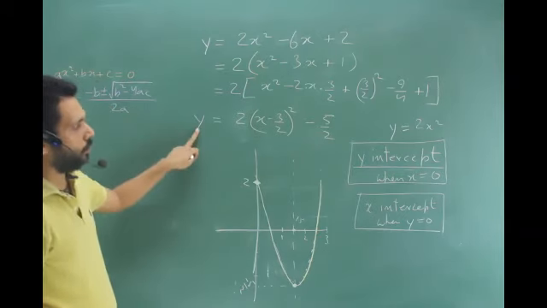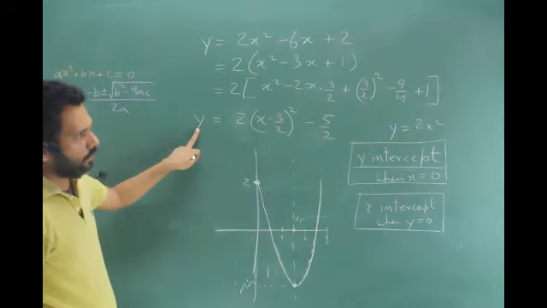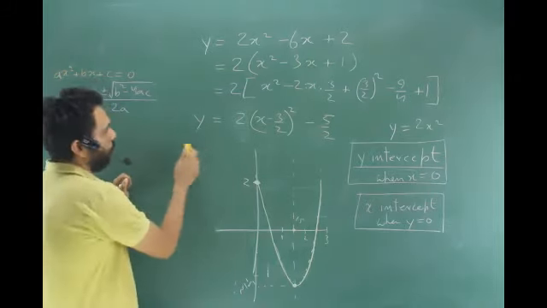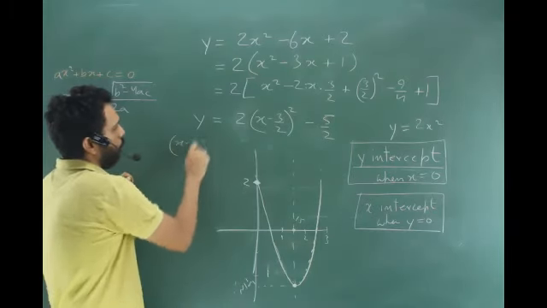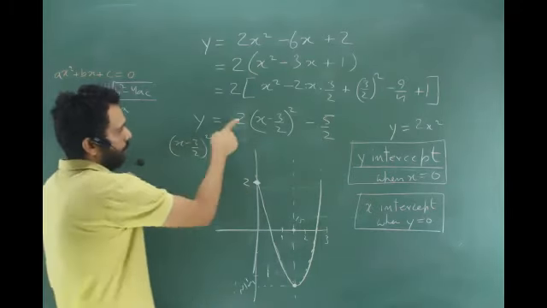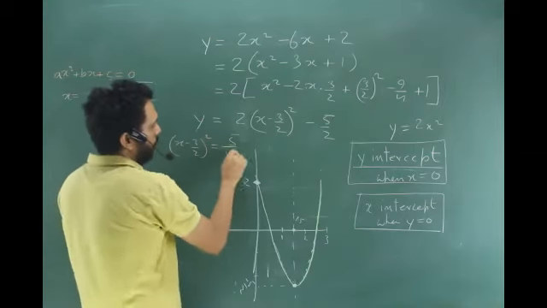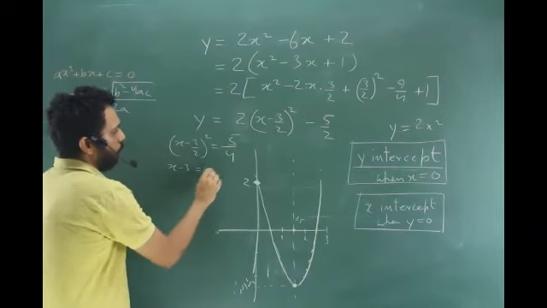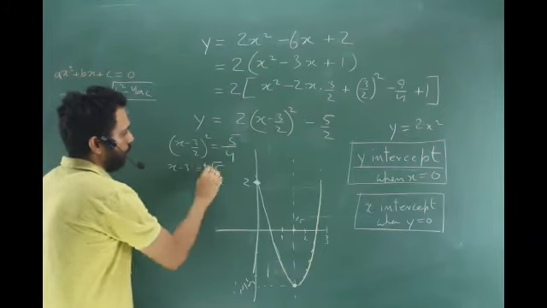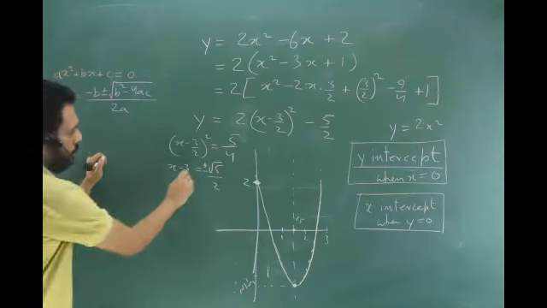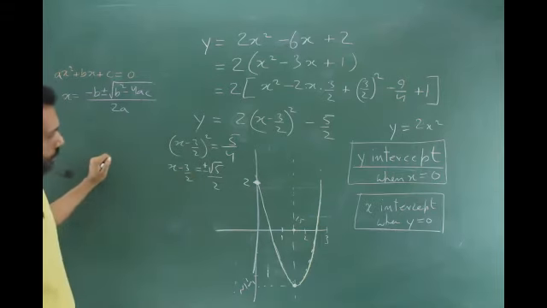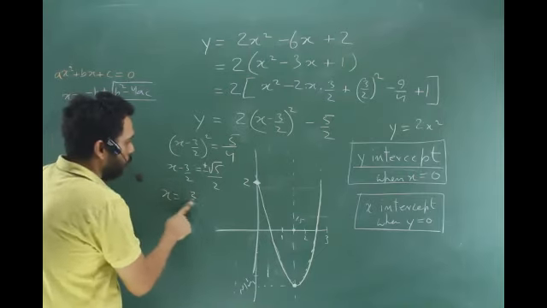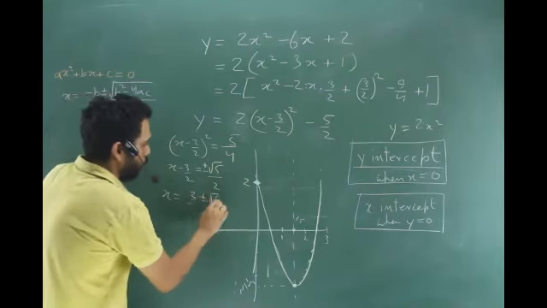When y equal to 0, right? Yes, sir. That's your calculation stuff, so I'm not doing that calculation. What will happen is, okay, I'll do it fast. (X minus 3 by 2) whole square. This will go on that side and 2 will go down. So it will become 5 by 4. So x minus 3 by 2 is equal to plus minus root 5 by 2, right? So x is equal to 3 by 2 plus minus root 5 by 2, right?